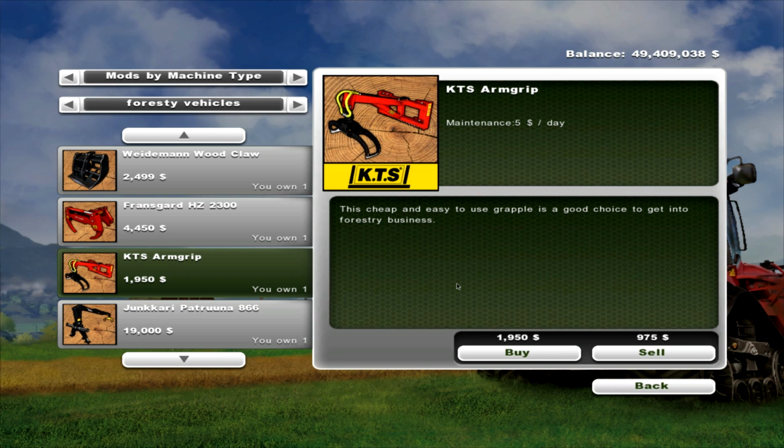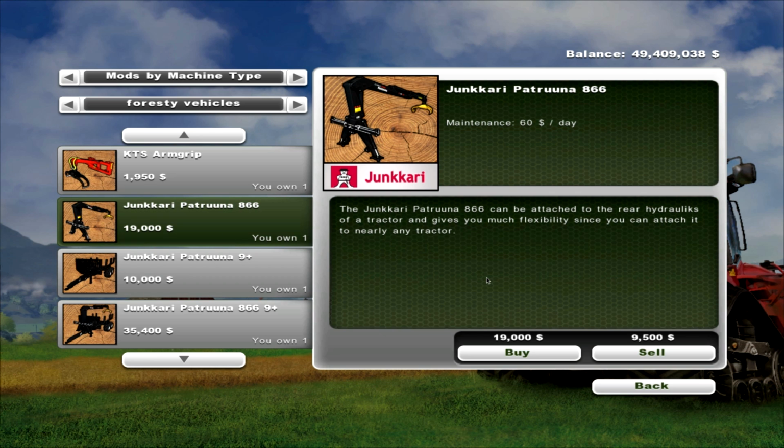Basically that goes on the front loader. And it's another arm to pick up your logs and stuff like that. The price on that is $1,950 to buy. Then we got the Junkkari